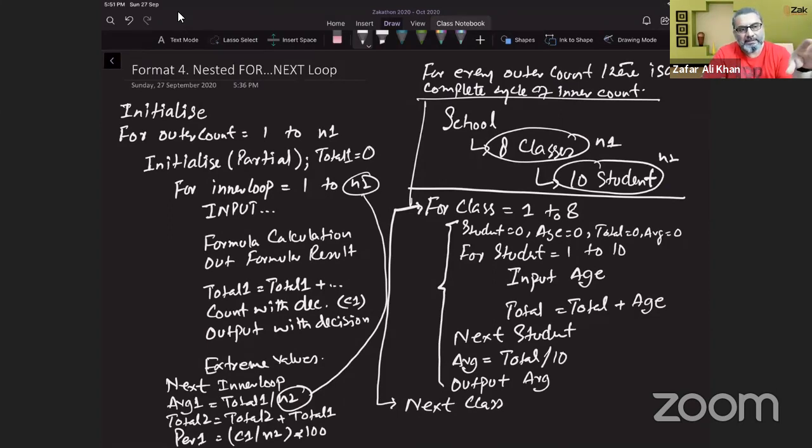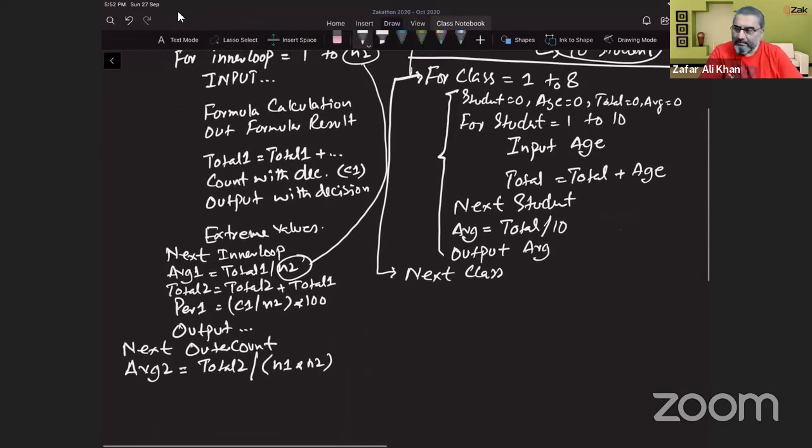It means the inner loop works 10 times for every class, and there are 8 classes. So we would have 80 loops: 8 classes multiplied by 10 students, so that is 80 loops. If we need to find the average of the whole school, we would have the total ages of 80 students. They are in 8 different classes. That is why you have to actually multiply